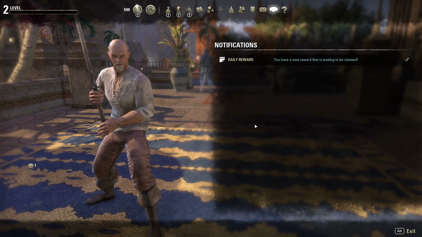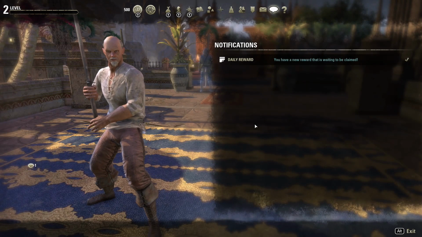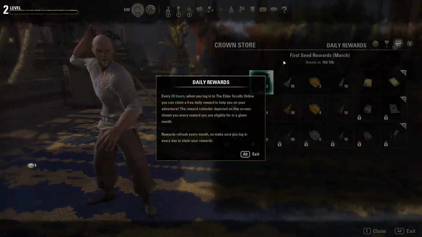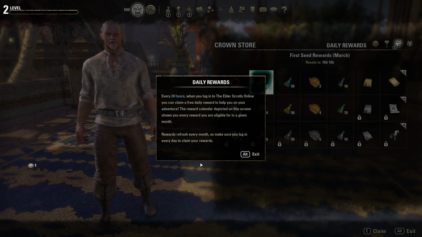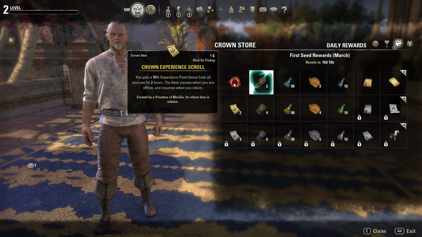Alright. Daily reward. You have a new reward that is waiting to be claimed. Okay. Open daily rewards. Every 24 hours when you log into the Elder Scrolls Online, you can claim a free daily reward to help you on your adventure. The reward calendar depicted on the screen shows you every reward you are eligible for in a given month. Rewards refresh every month, so make sure you log in every day to claim your rewards. Alright, it's like Hobbit presents. Okay, so...